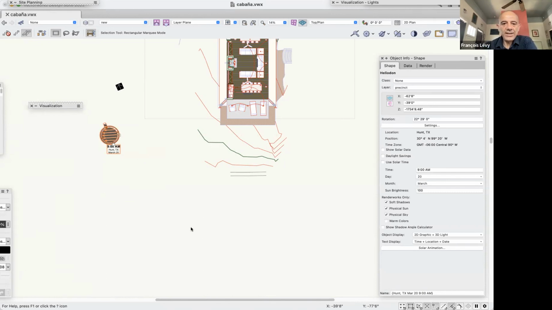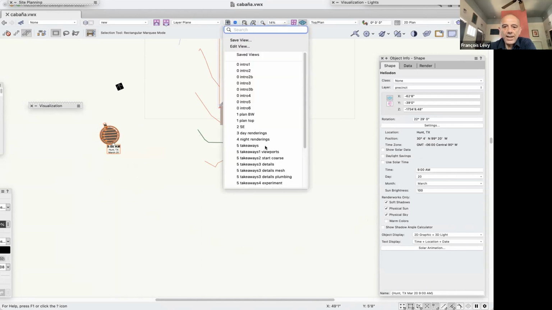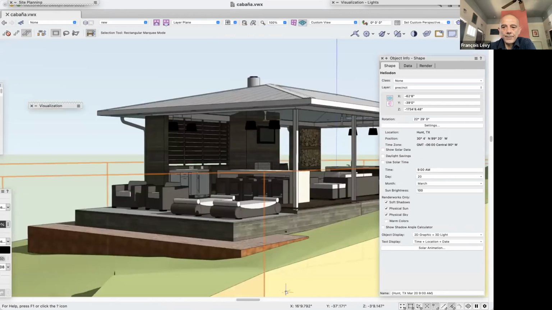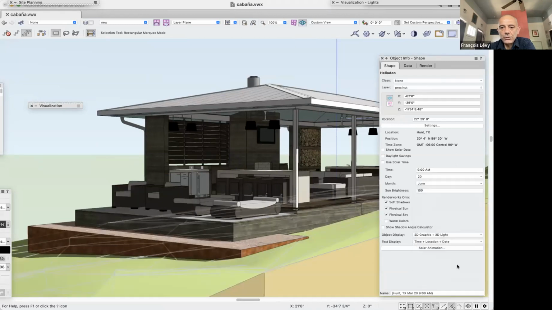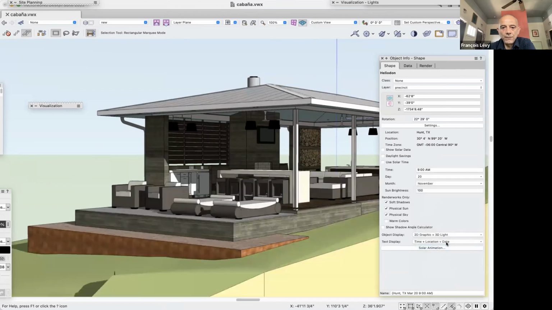In this case, I've got a heliodon that's indexed to the correct time of day. You can see that I've got soft shadows and a physical sun and sky in some cases. So when I'm in my rendering view here, I can change that from, say, March to June, and you can see that the shadows have changed, or November,